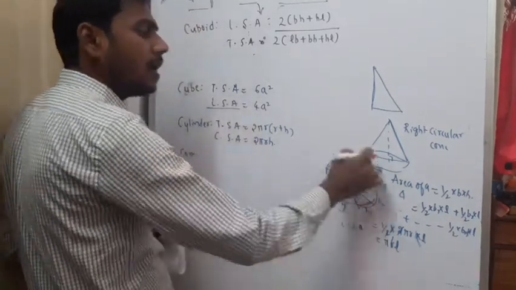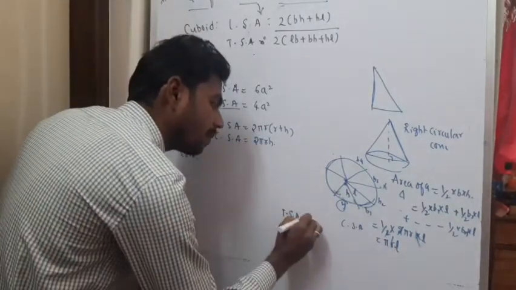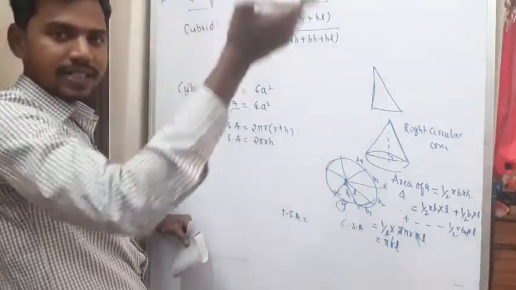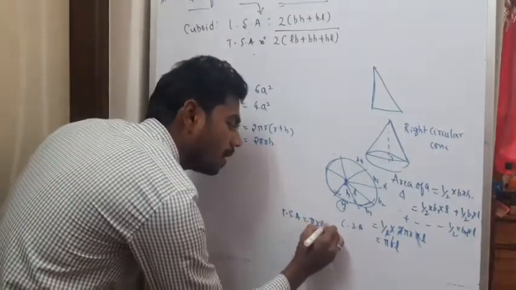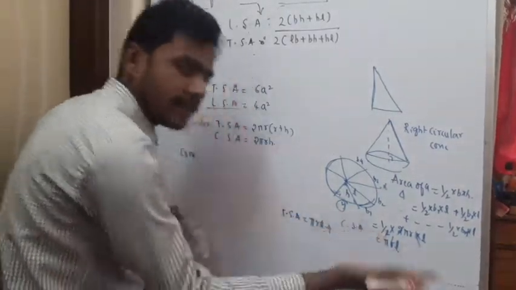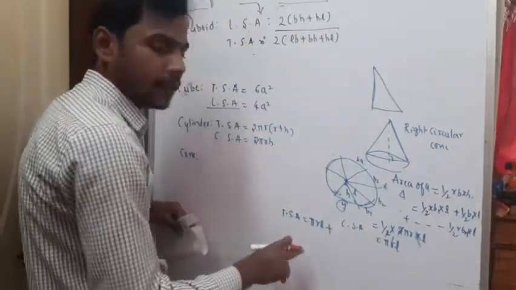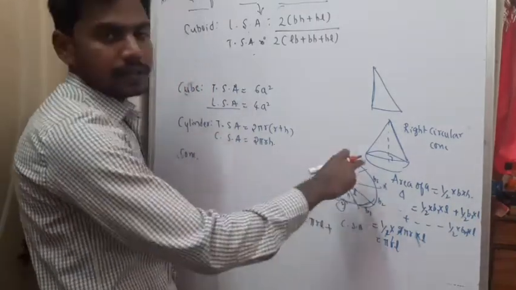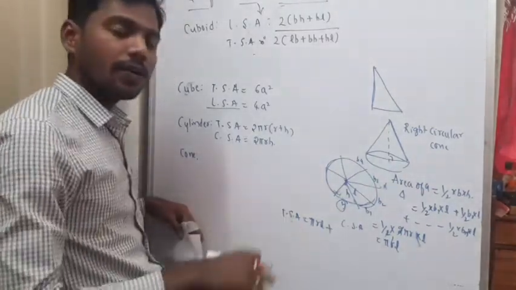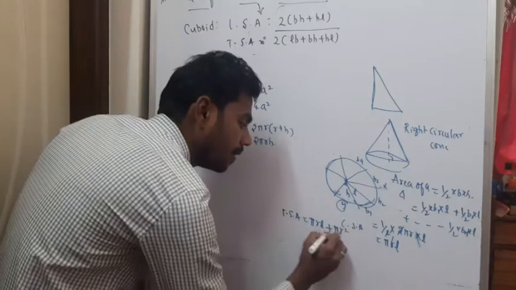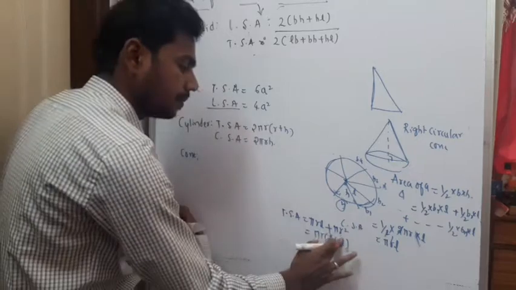So this is the curved surface area of a cone. So we are talking about only the curved region. Then what about total surface area? Total surface area means, on the top there won't be any surface. At the bottom of the cone there will be a round circular surface. So pi r L is the curved surface area. If you include the base area, that is the base circular area, you will get the total surface area, that is pi r L plus pi r square, which is equal to pi r into L plus r, or r plus L.